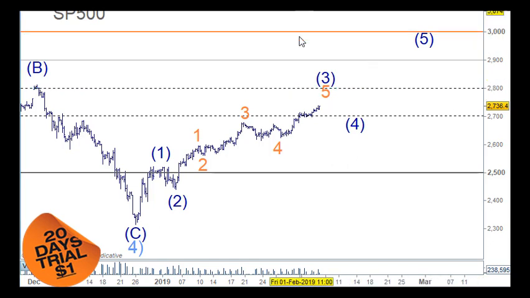So in this instance here, this would go up a little bit higher in here, then we'll have an A and a B and a C here for this wave 4. That could pull back to this wave 4 of one lesser degree here, and then push up into wave 5 up through here. So I think it's something that we can just leave on the table for a little while